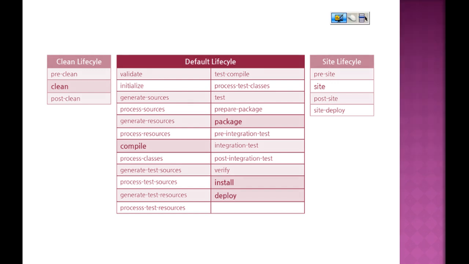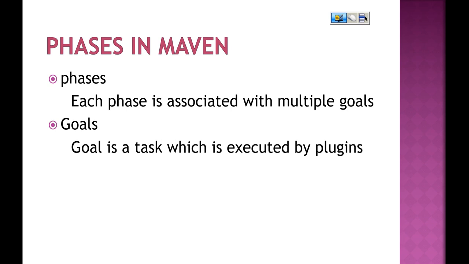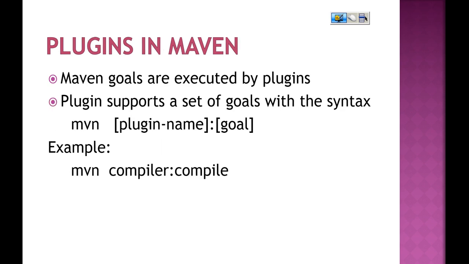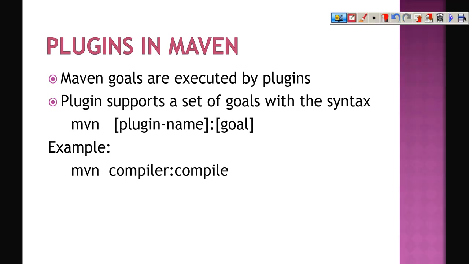A goal is nothing but a task, and a goal is a task which is executed by plugins. Maven is a plugin execution framework. Every task will be executed by plugins. Suppose we want to execute a compile phase, or we want to execute a compile goal. So the command would be